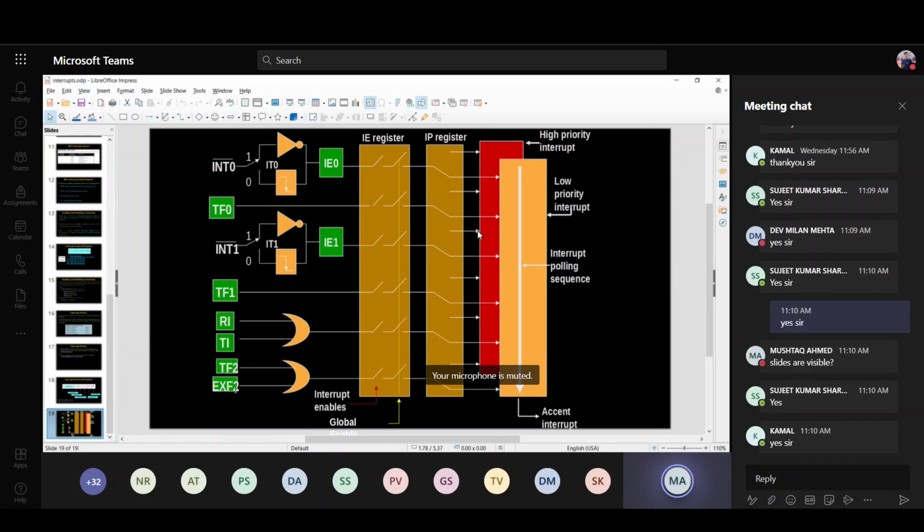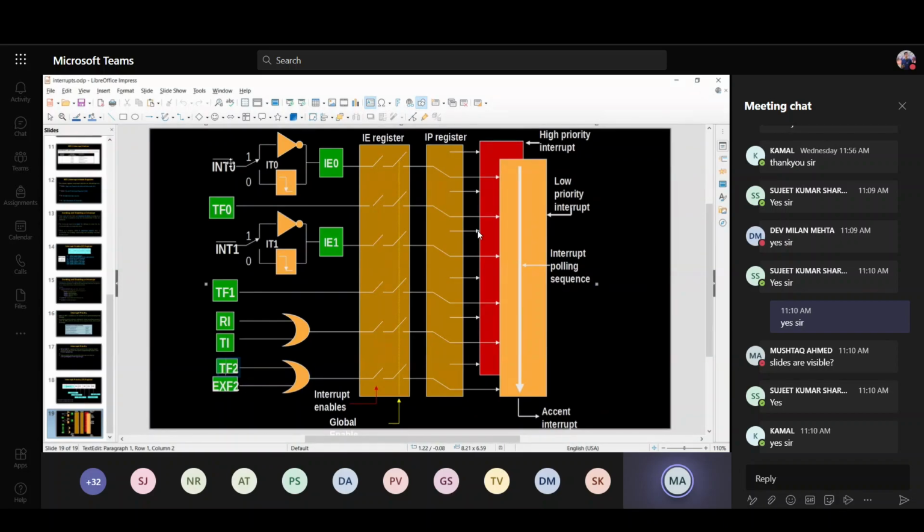TF2 and external F2 are for other microcontrollers that have three timers, or have three interrupts from the outside. These are the pins associated with port 3. We have seen in the block diagram that port 3 has the INT0 pin, TF0 pin, INT1, TF1, RI, TI.